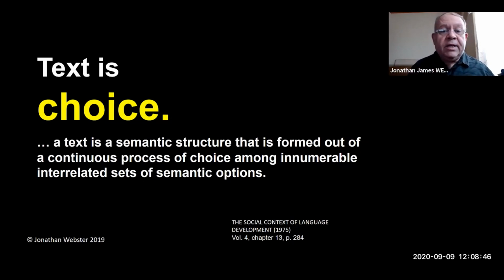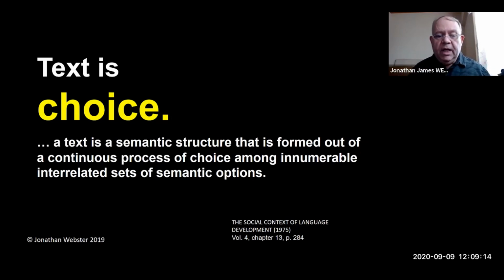And by text, I don't mean just a book or a written text. That's very often what we think of when we say text. What we mean by text here is the instances of our use of language. And really, our use of language is based on choices. A text is a semantic structure,